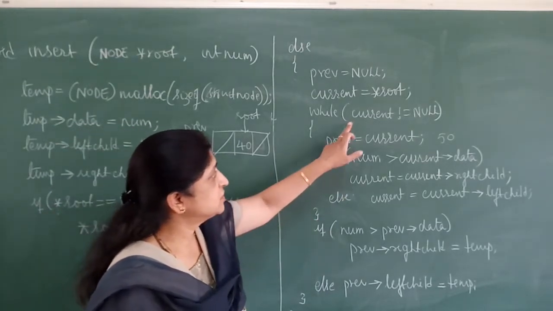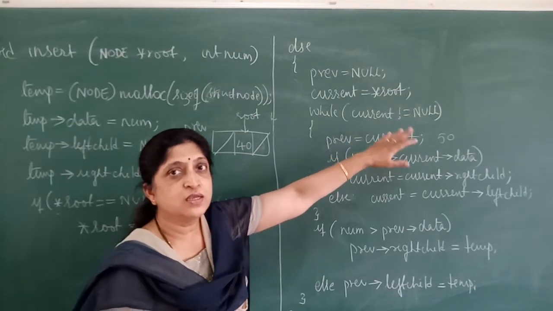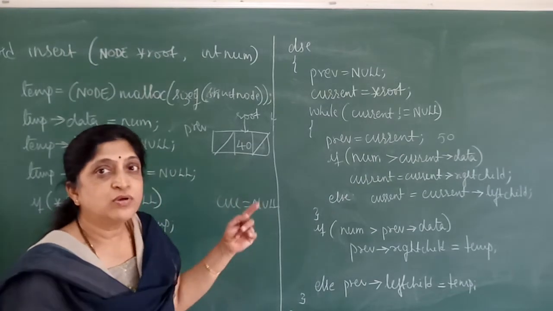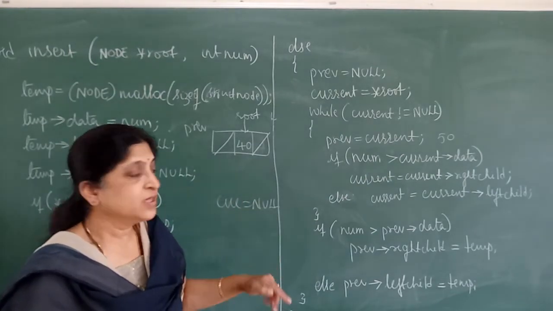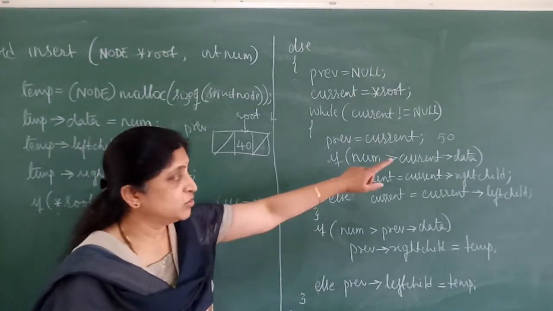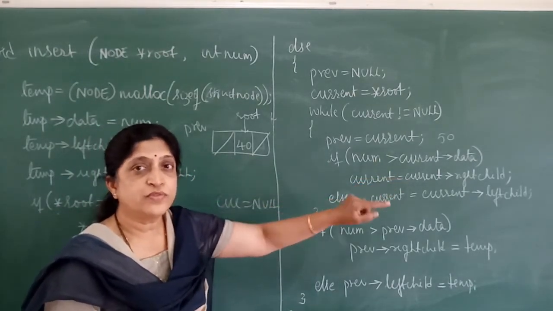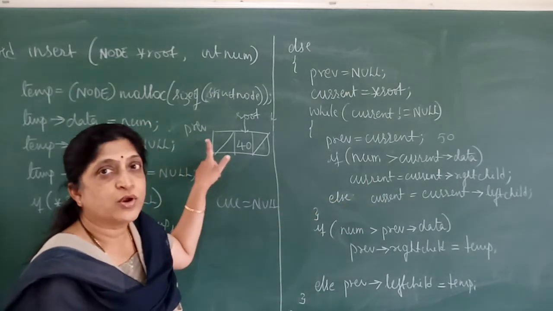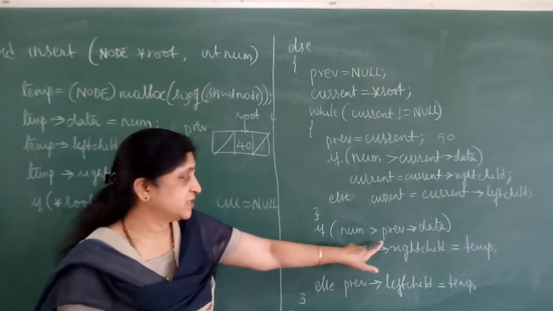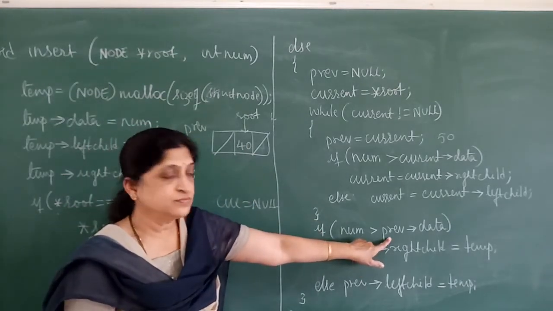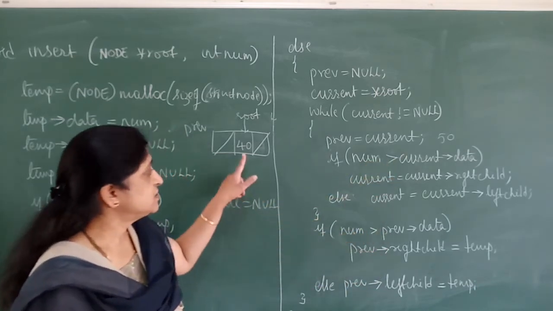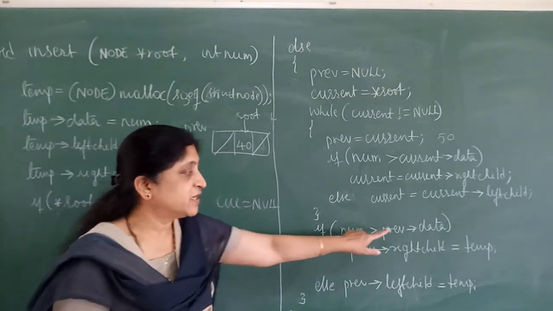Then control goes to this, wherein it checks current is not equal to null, which is false. That means you have found the position to insert. Now the current is null, then where do we insert? We have to insert the new node as a child node of the node to which previous is pointing. Then should it be a left child or a right child? That we are testing here. If number is greater than the previous data, then this, else this. So now the number is 50, previous data is 40. So 50 is greater than 40 is true,